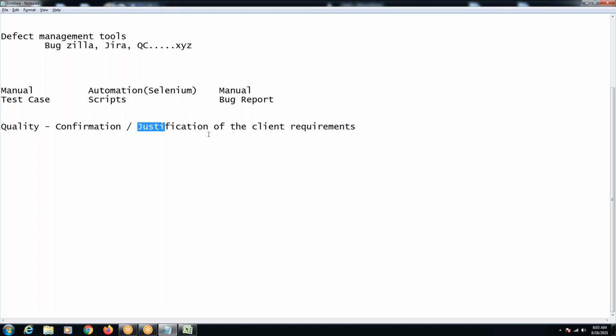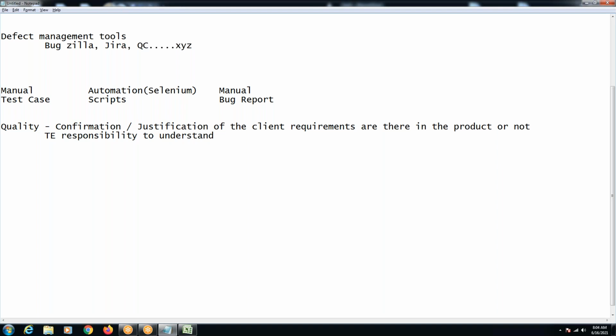If the requirements are there, then I can say it is a quality product. If the requirements are not there, we'll call it not a quality product. So confirmation or justification of whether client requirements are there in the product or not,